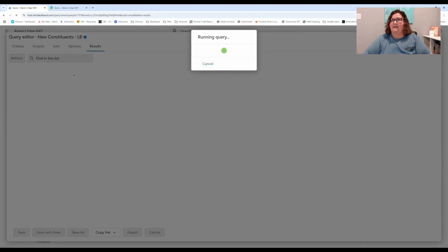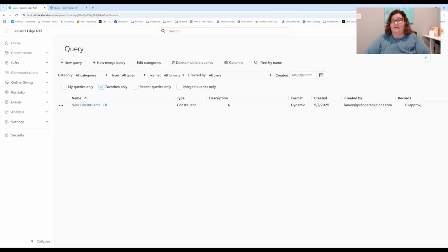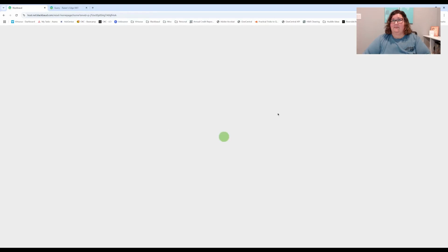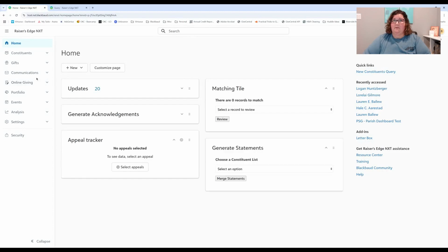When I click on it, because I shared a link to the results, they're going to show up right here in my query. This query is still saved as a favorite. This just means one less click for me when I go from the home page, if that's a query I use often. You can do the same thing with a report or any other specific web page within Razor's Edge